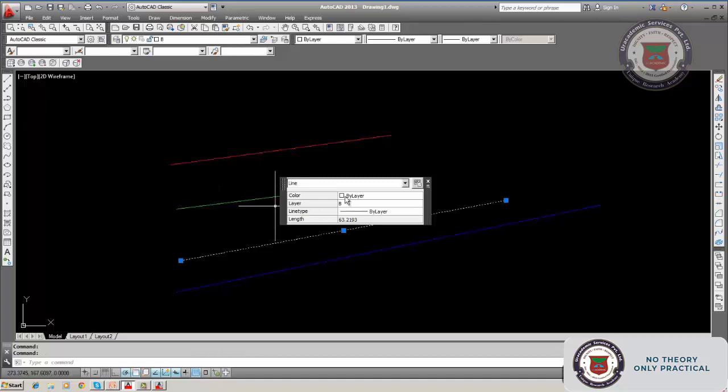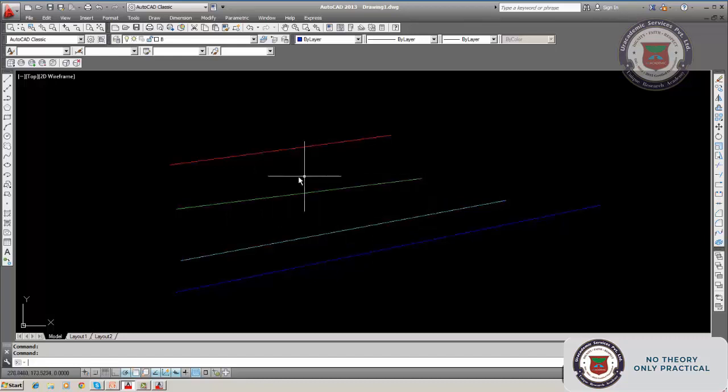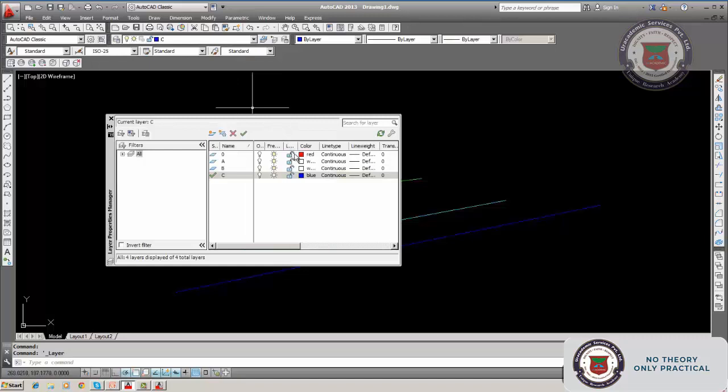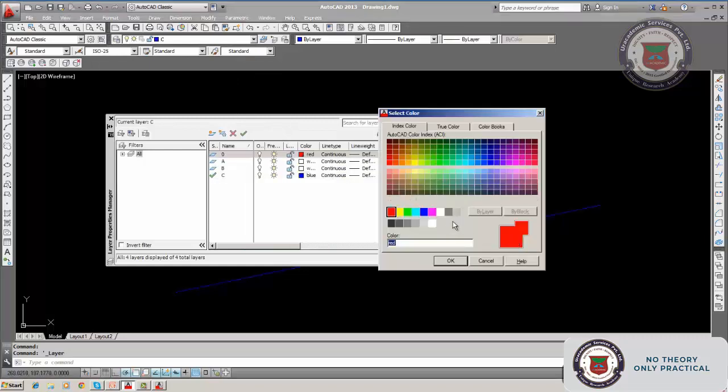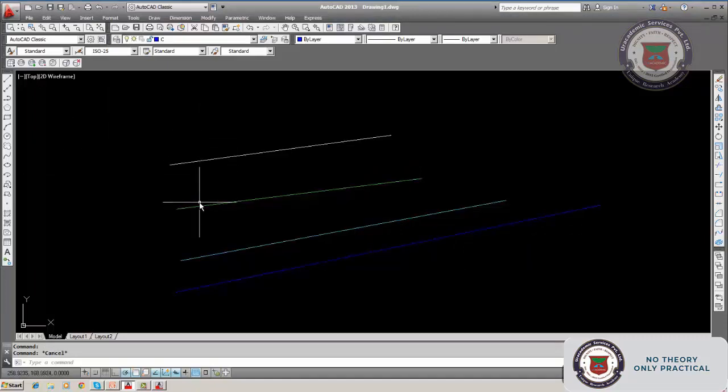You can click it here, you can make it here itself, or you can directly select the layer and change the color. This is how colors have been changed. So here you can change the color to any color. Layer zero is there, and you have to select the layer property and click here, make it white. Okay, this is how layer colors can be changed.